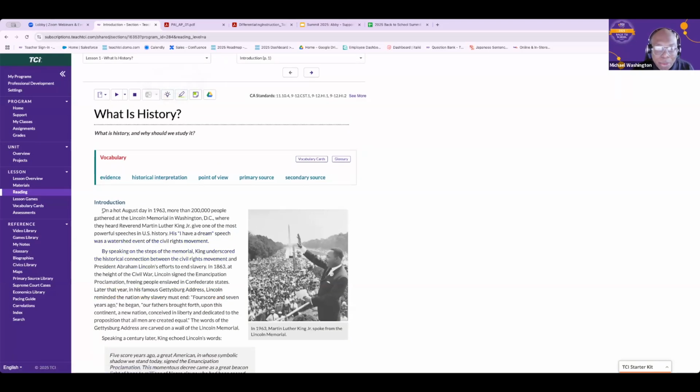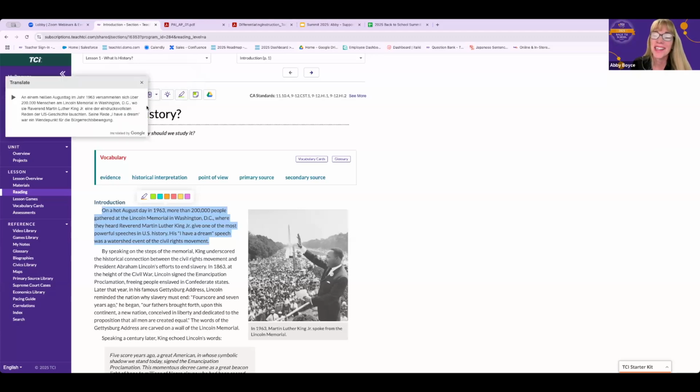But the last thing we're excited about is translation. Right now I'm in German. I don't know why, it's just what I chose. But when you click on this, I've highlighted the words that I wanted to be translated. You can see now it will come up here in this top left corner, and it's in German, and